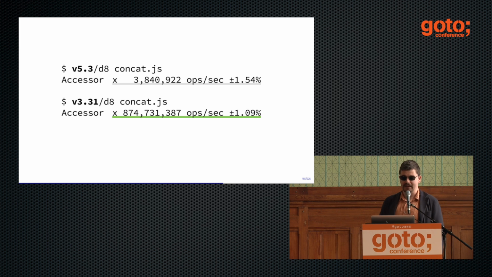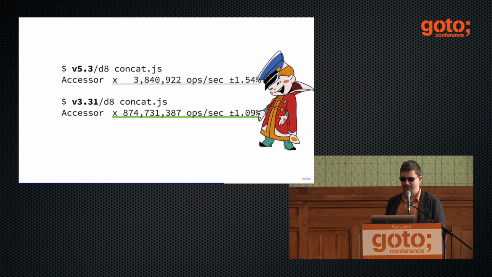And on an older V8, it is considerably faster. Like it's 800 million, right? And of course, you are, again, very surprised what's happening here. Because kind of V8 people work, and make everything slower, right? Maybe it's time to retire.